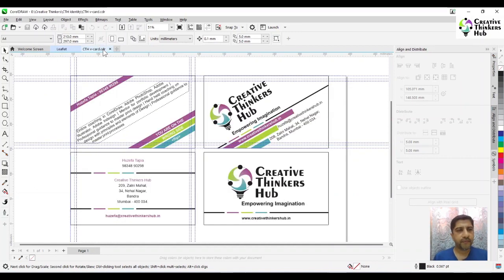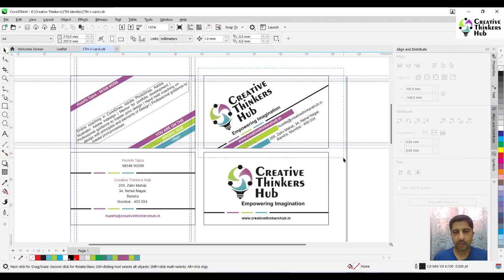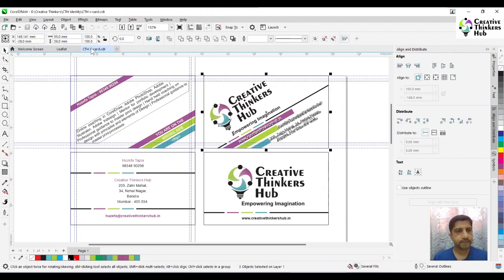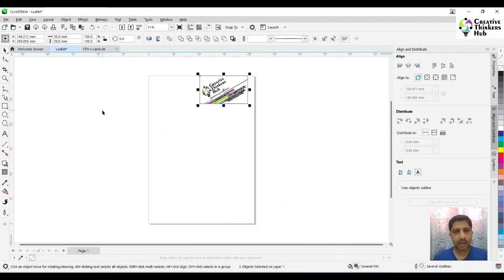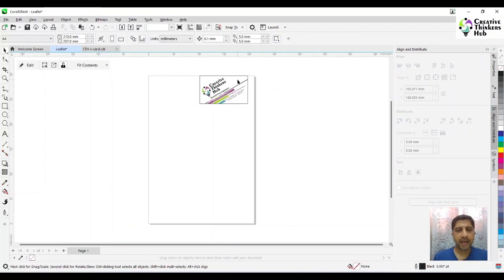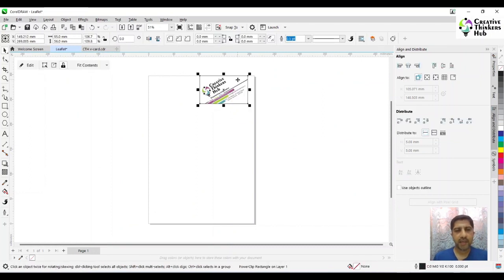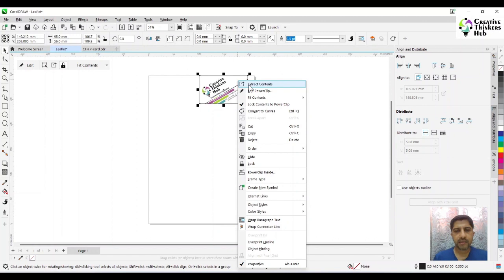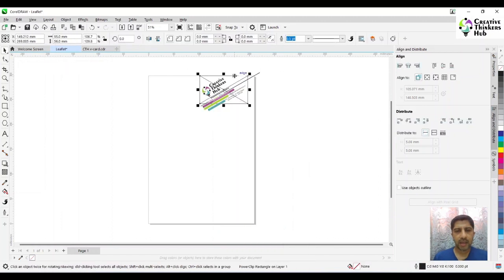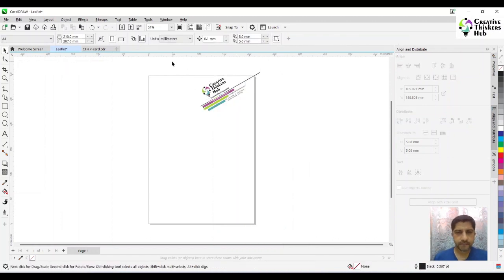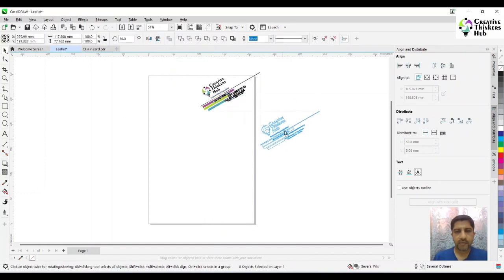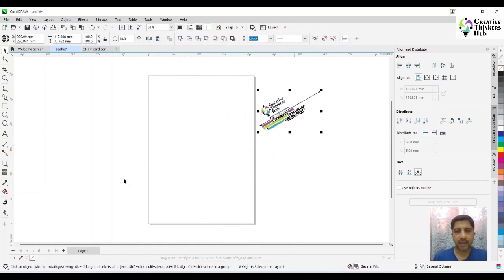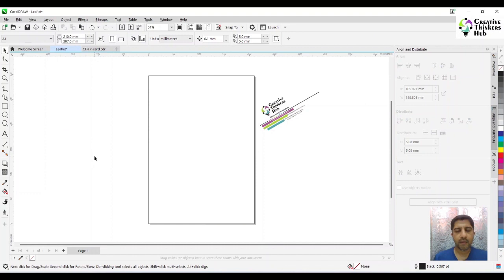For that, first let's take the whole front side of a visiting card and we copy paste it. Now in that scenario, yes, we can extract all our contents and just delete this. Now if you see, we already have an angle forming in this whole thing. So what you do is first take the border by double clicking on the rectangle,